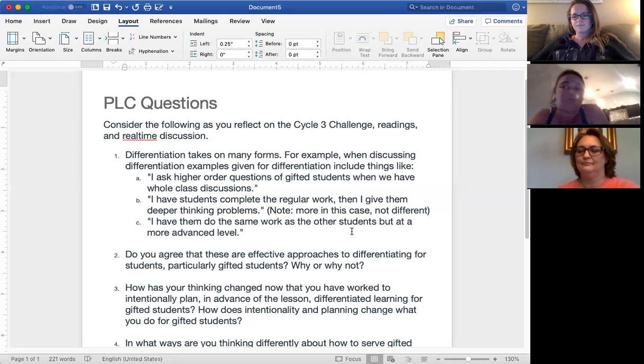But my biggest problem is organization and the amount of time it takes, just making sure that I am doing something that's actually worthwhile for all of the kids. And that's where the clustering would be helpful too.